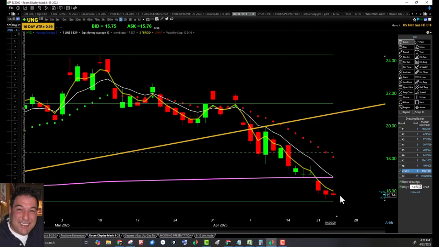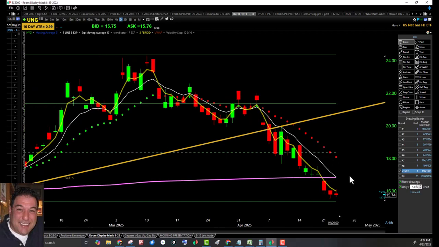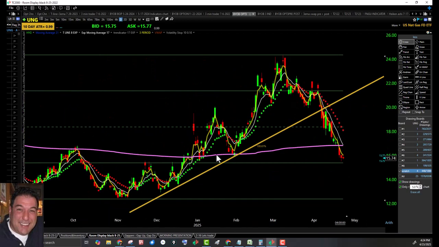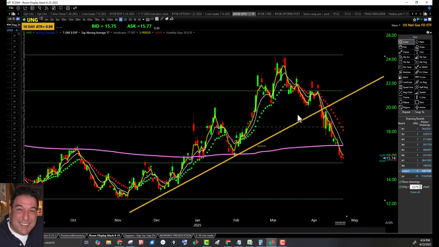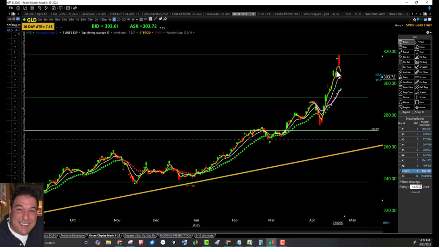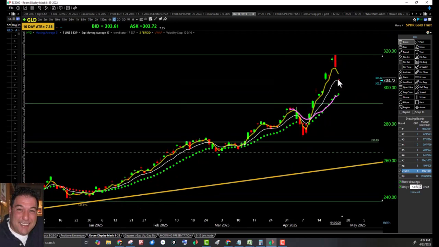UNG got a higher low, higher high, closing under a bearish trap, under the falling 17, under the 12-month high anchored VWAP, under the uptrend line, down here in the lower third quadrant. That's still bearish and still in a downtrend. Okay, that's UNG. GLD. All right, GLD got a lower high and a lower low, closing inside a bullish trap,